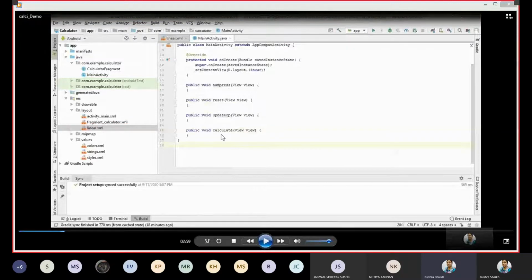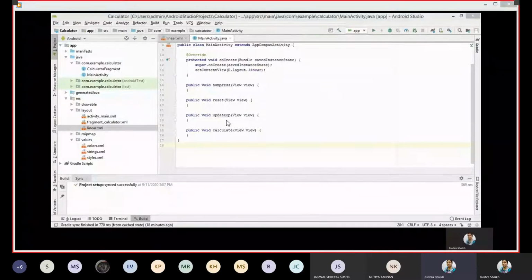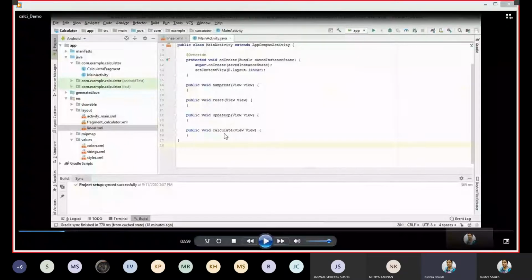Numpress is to flash back the same number pressed on the UI screen. Reset is to clear, and update op is short for update operations, so wherever the plus and minus signs are clicked, the respective labels would be captured and operations would be set. The calculate method is to compute the actual value. Hope no doubt till here.